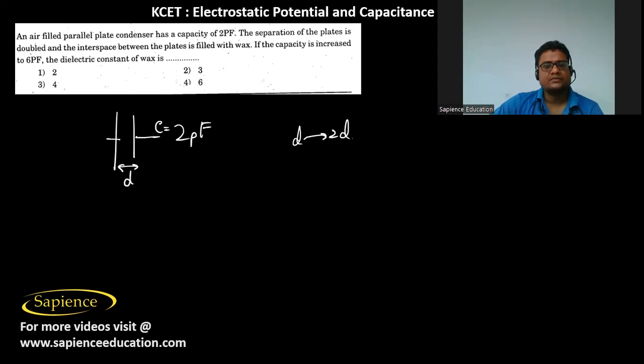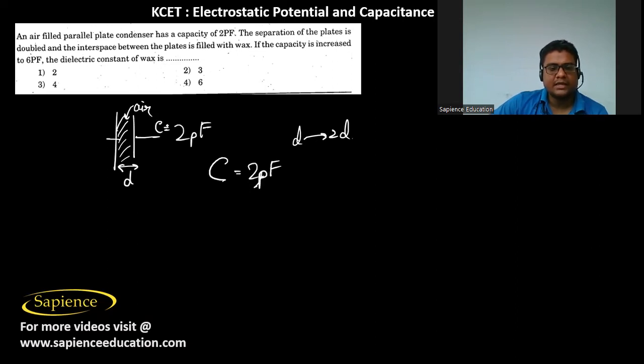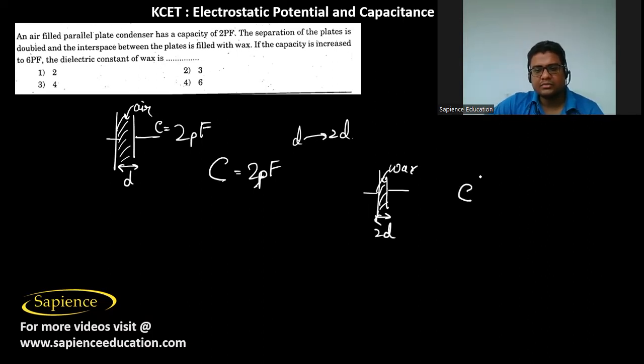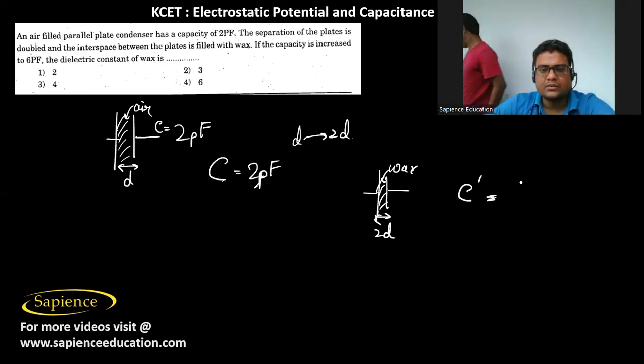the plates is filled with wax. Interspace is filled with wax. So when it is not filled with wax, when air is filled, the capacitance is 2 picofarad. And when wax is filled, and the separation is 2d, then the new value of the capacitance will be equal to